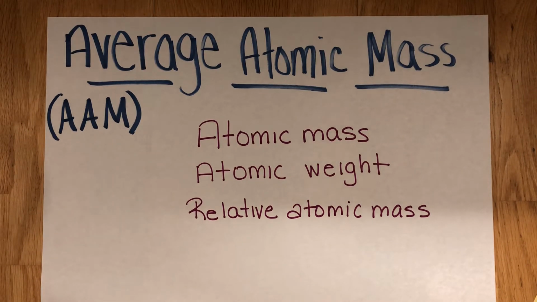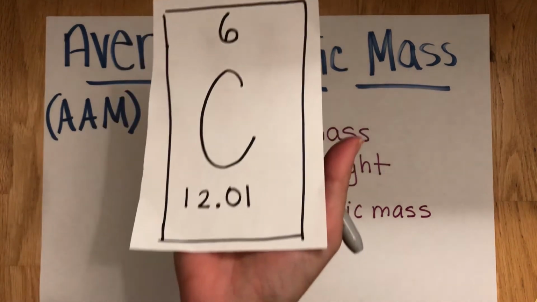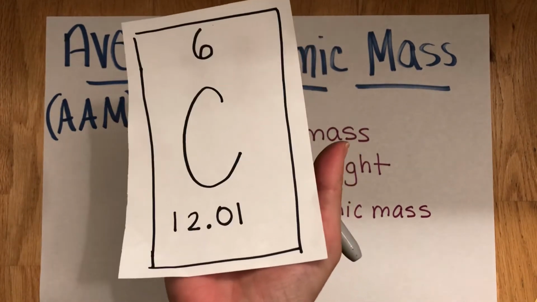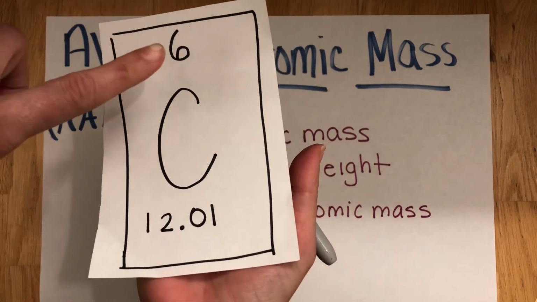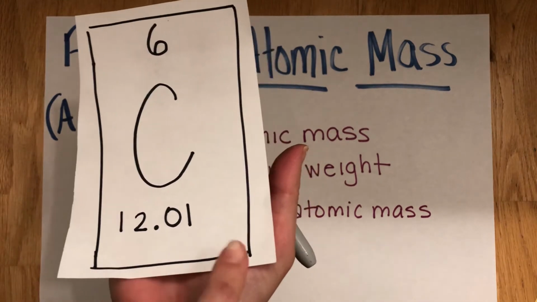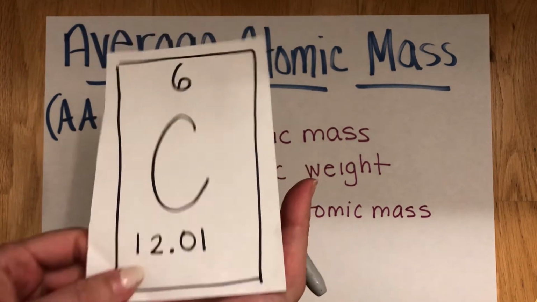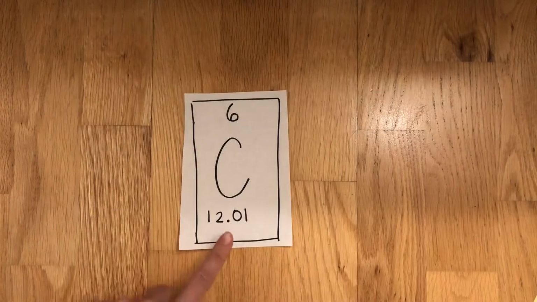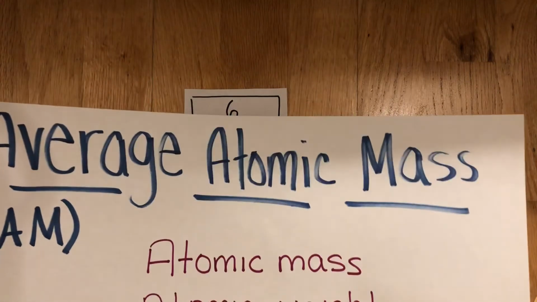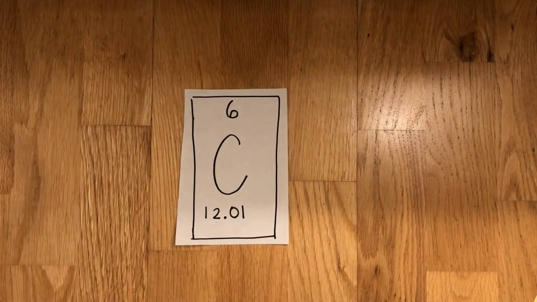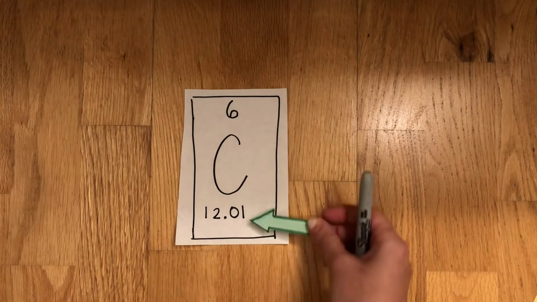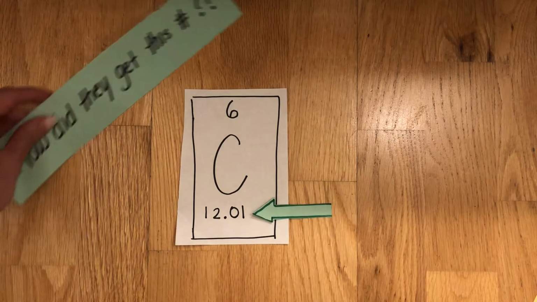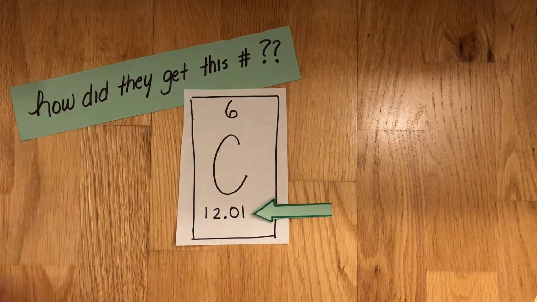Well, if we look at the periodic table, and here's an element I pulled from the periodic table, we know that there is a top proton number, the symbol, and then underneath is this number right here. And so the question is, what is that number down here? And that is your average atomic mass, right? So the question is, how do I calculate that number? How do I get an average atomic mass of carbon or any of the elements I see